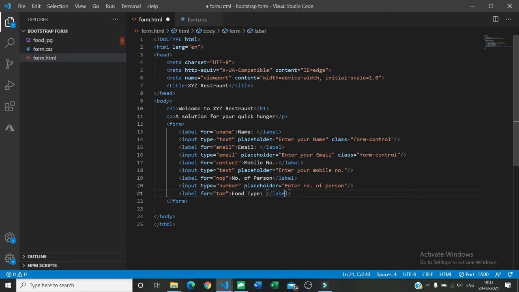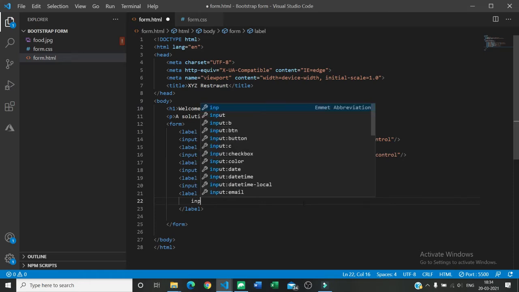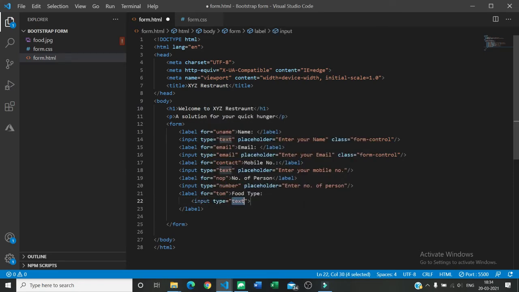Now give a space here, and in input I am going to do one thing. I want it inline, so I am going to give an input, and type should be checkbox, where they can choose whether they want veg food or non-veg food.